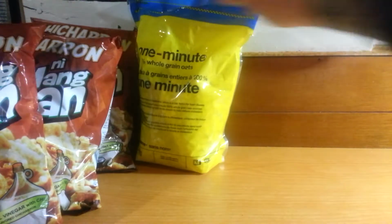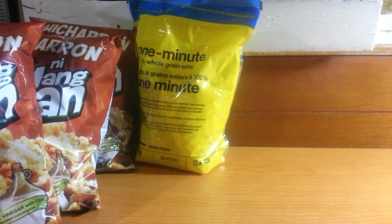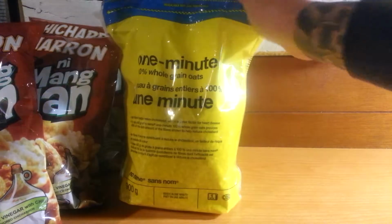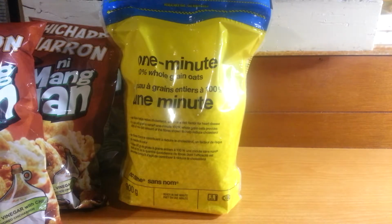Second item is more minute oats. Now we're looking to stockpile and have a few bulk items. So again, we've got the 1 minute oats. They don't take so much water as the regular oats. 2 big bulk buys there. That's going to last you quite a long time. Don't need much